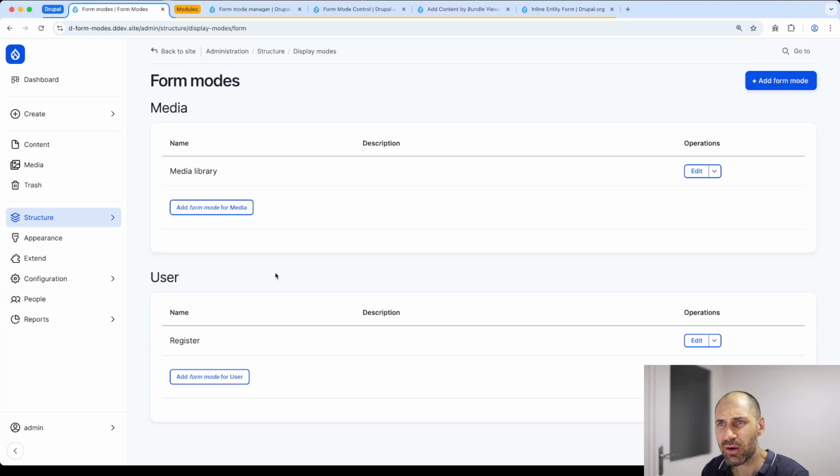Tonight, I want to talk about form modes. Now, this is one feature of Drupal that I don't think has been talked about a lot. Everyone knows what a view mode is. Well, if you don't, let's quickly go through what view modes, form modes, or as they're collectively known, display